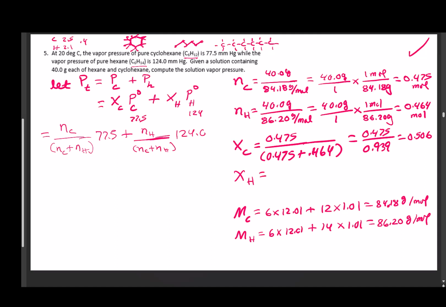We could do the same thing for the mole fraction of hexane, but it's a lot easier to get that last mole fraction by subtraction. Remember, mole fractions always add up to 1. So if you only have a binary solution, you can get the second one by subtraction. It's going to be a lot easier than plugging the numbers into this equation here and cranking it out. So we're going to say the mole fraction of that hexane is 1 minus